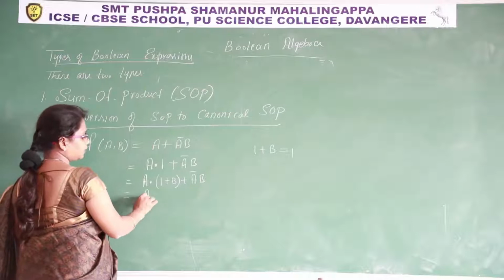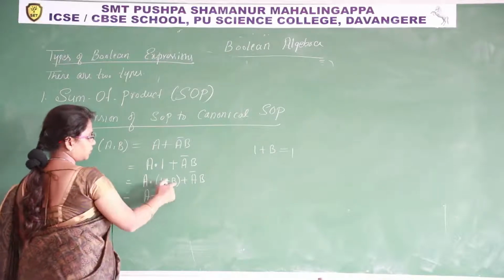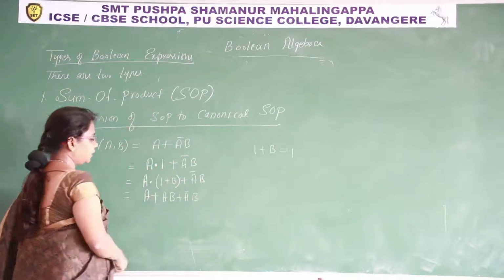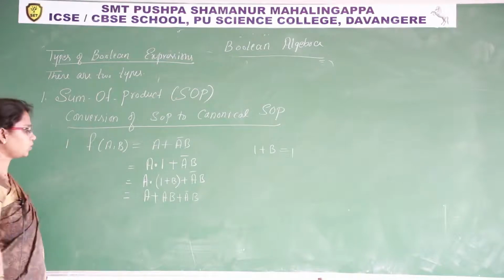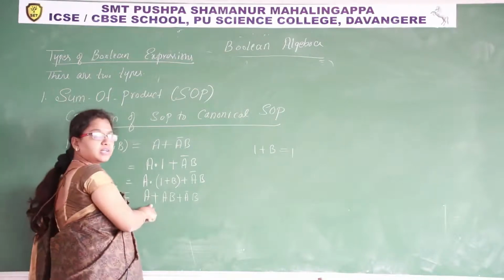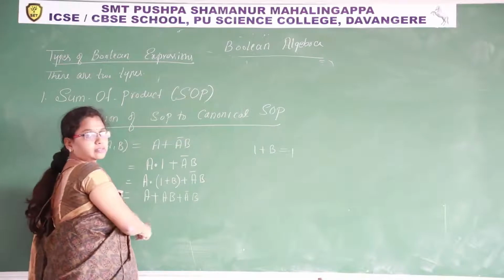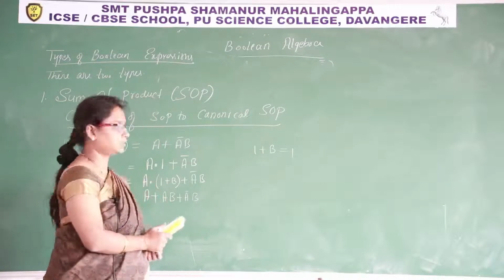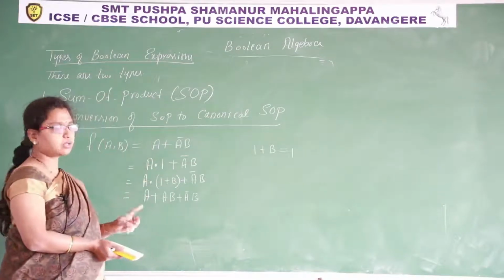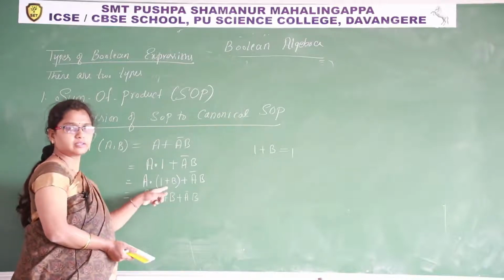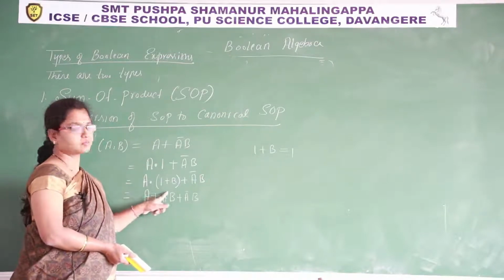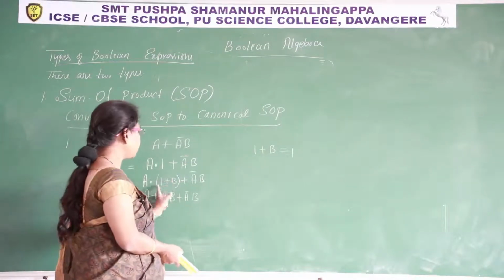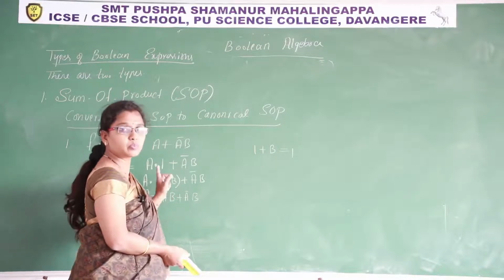Here a into 1, a, plus distributive law, ab plus a bar b. Still it is a SOP, not a canonical SOP, because in this sub expression again one literal is missing. So I can't write it like this. Now which expression should I use so that it gives the value 1, that too in terms of b itself, because the missing literal should come here? B is the missing literal. So I have to replace this 1 by that missing variable expression.